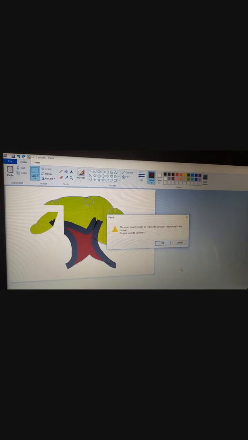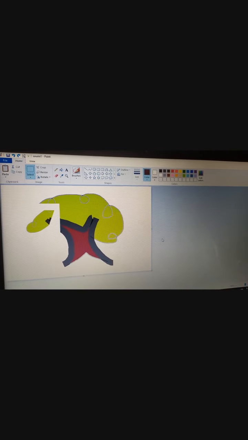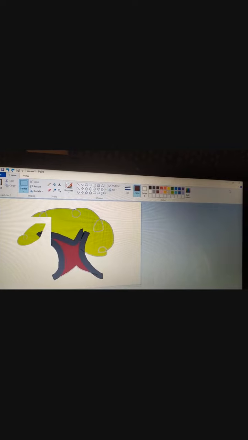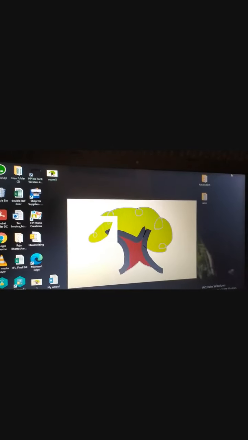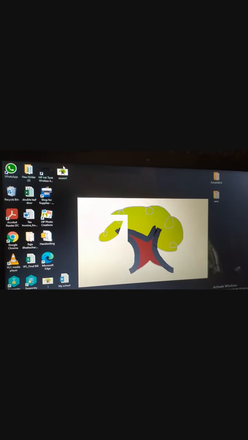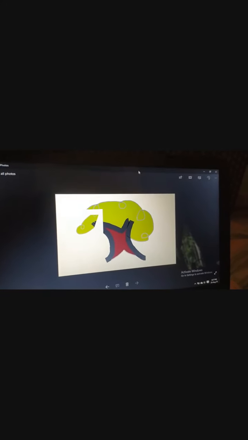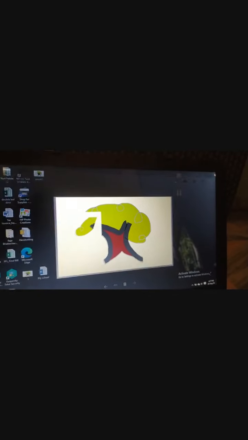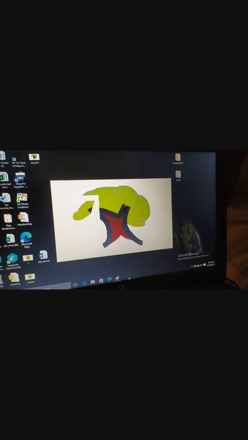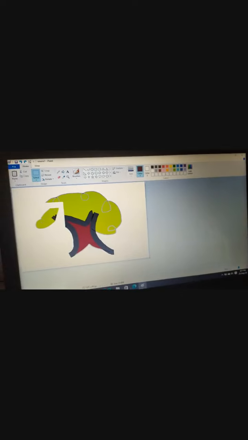Save it. Done. Here is the file. Let us open it. See, our image is saved. In this way, we can save the image that we have made in the computer in different format.